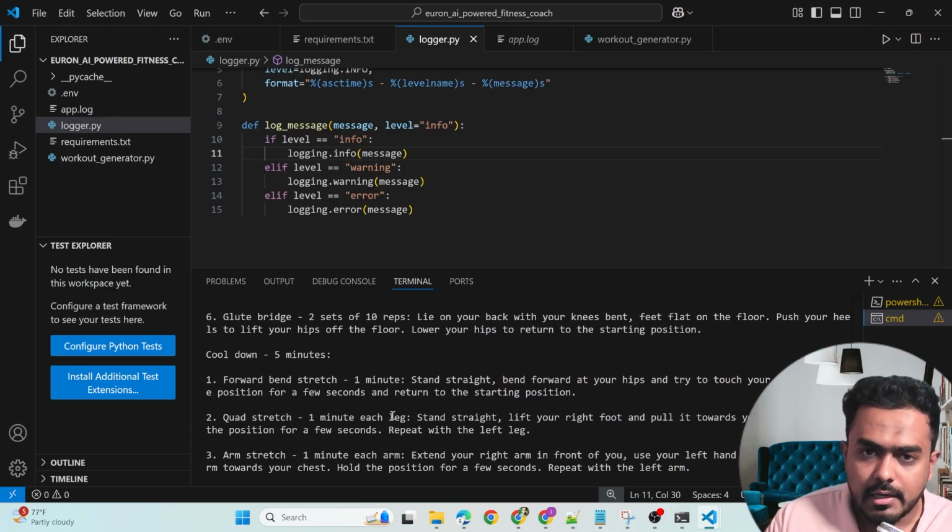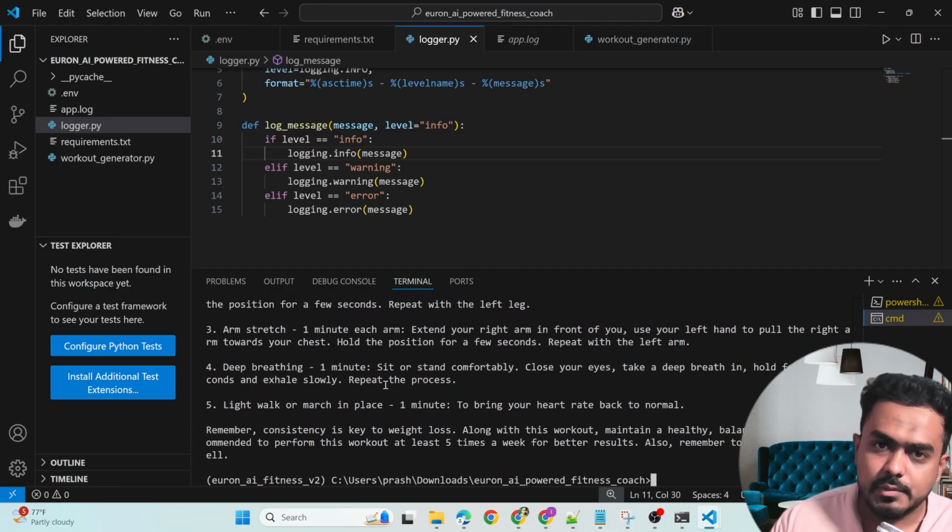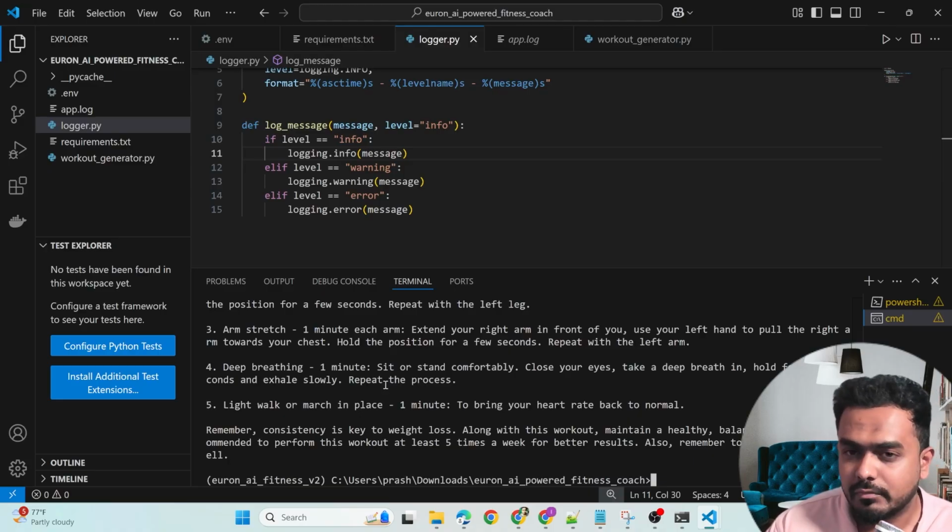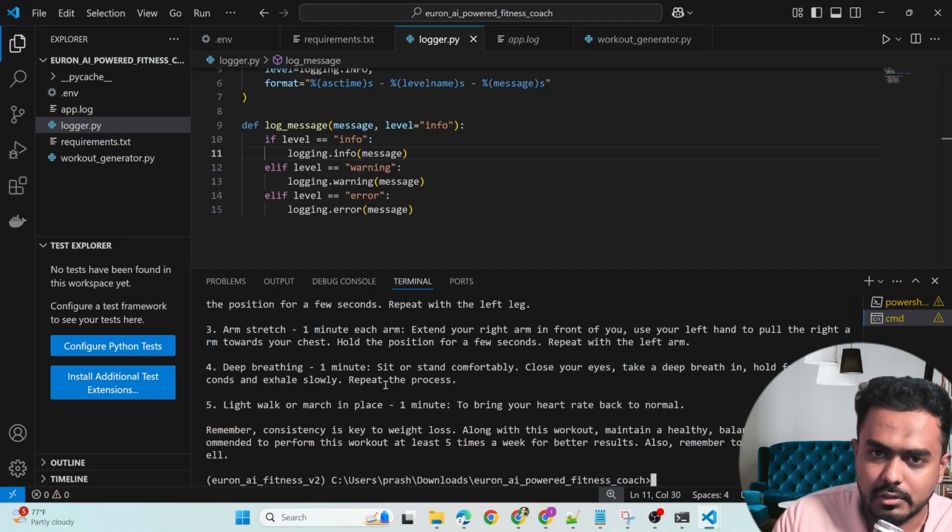Fine. Okay, so now the next step, let's build an AI chat agent, and we're also going to store the user data. First we're going to develop an AI chat agent that interacts with the user dynamically. That's what we're going to build. Next, we're going to store the user preferences in the database. We can use SQLite, and finally we're going to build a FastAPI endpoint. Whatever is running, we're going to build a front end for that. So first let's start with the AI chat engine